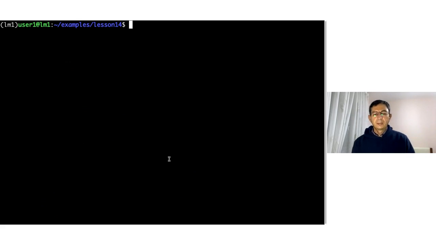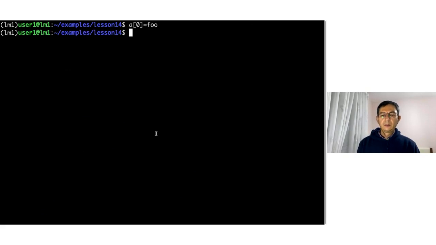So arrays are variables that can hold more than one value at a time. So a variable contains one value at a time. If we assign a second value, it will override the previous value. But arrays can contain several values. For example, I'm assigning the value foo to the first place in this array A. And to get this value,